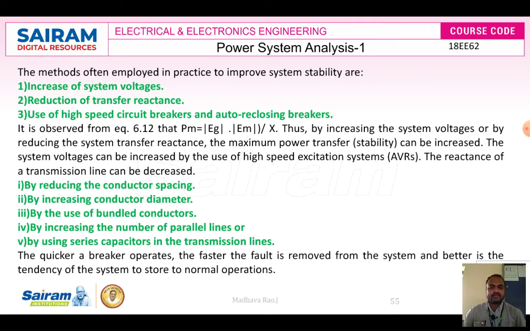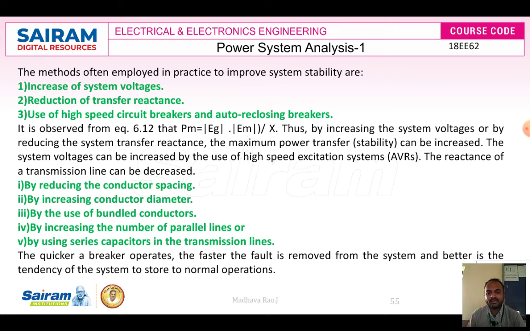The system voltages can be increased by the use of high speed excitation systems. So, with high speed excitation systems, we can increase the system voltages. The reactance of the transmission lines can be reduced. Okay. So, here we have other